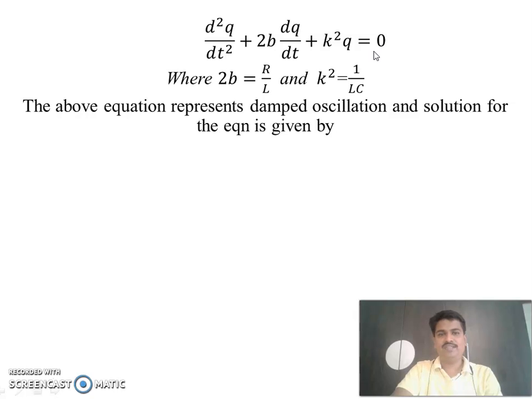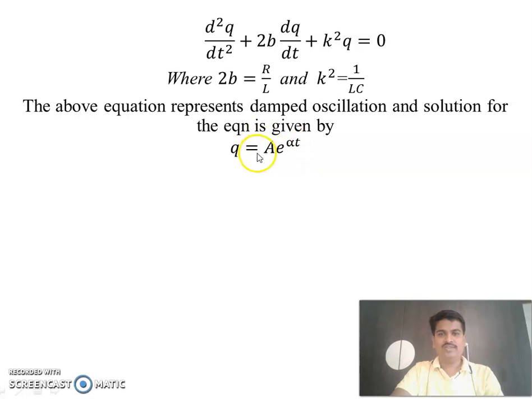Now the solution of this equation is known, and the solution of this equation is Q equals A into e to the power of alpha t. So after knowing the solution, I have a newly introduced term here, which is alpha, and of course the constant A. And my aim now is to find out the value of A as well as alpha.